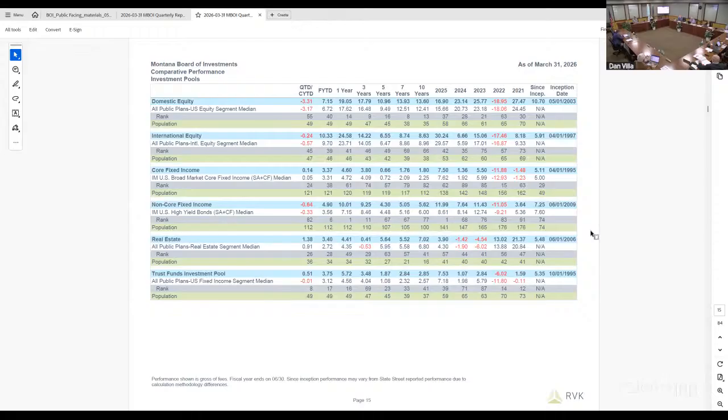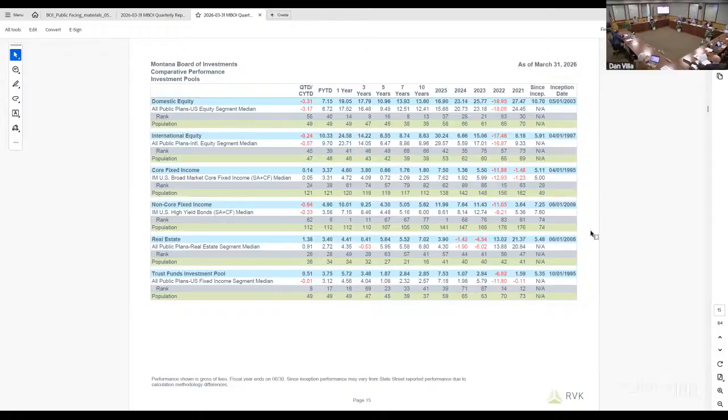Longer term results are very high because passive management has been what has been in favor. When we get these big rallies and just a few names in the index and index concentration, it is very hard for active managers to outperform. So you have outperformed your peers significantly by the structure of your domestic equity portfolio.